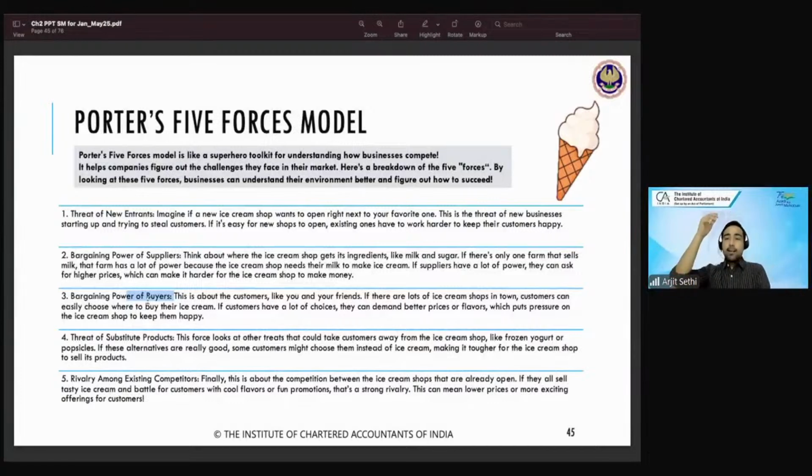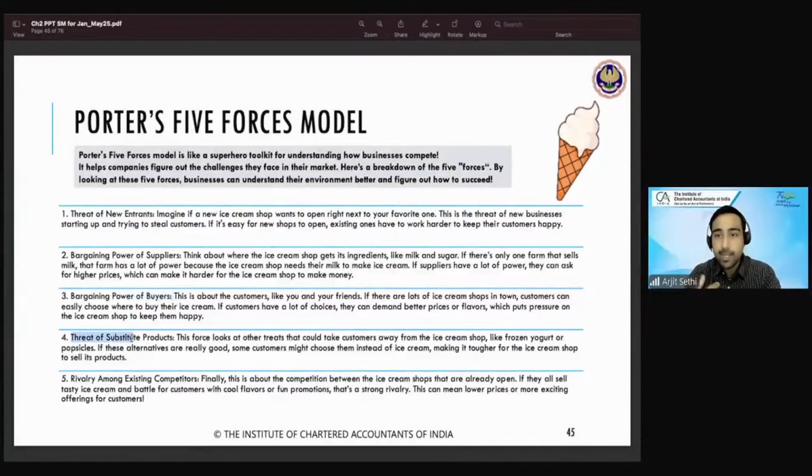If the bargaining power of the buyer is more, they will pay what they want to pay. If the bargaining power of the supplier is more, they will charge XYZ money that they want to charge. If new entrants are coming into the market, you have to be cautious. Your business will die. Threat of substitutes.